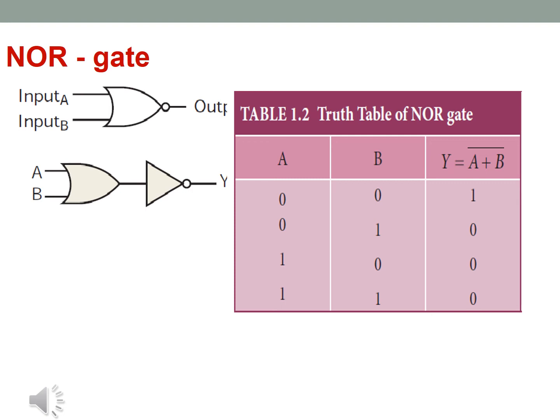First you have to take 0 0. Normally for an OR gate we just add, but here you have to take the complement value. 0 0 means 0, and the complement, the whole bar, is 1. 0 1 means 1, the complement is 0. 1 0 means 1, the complement is 0. 1 1 means 1, the complement is 0. Did you understand what I am saying? This is a very easy and very important topic.